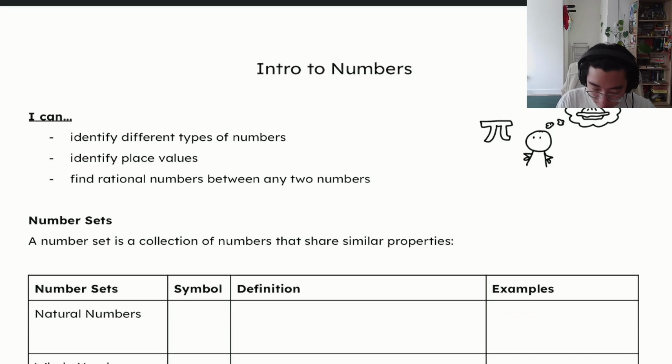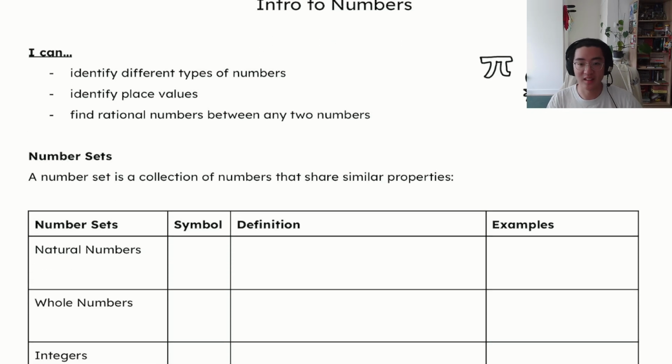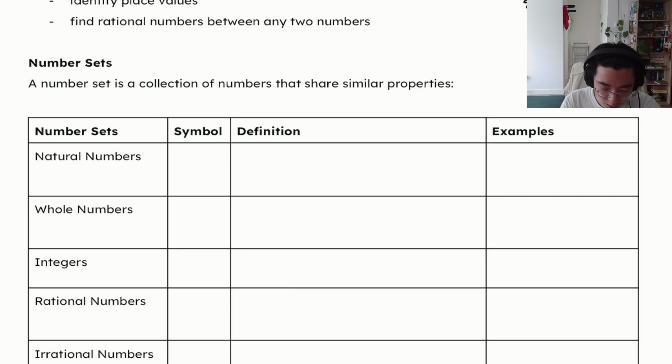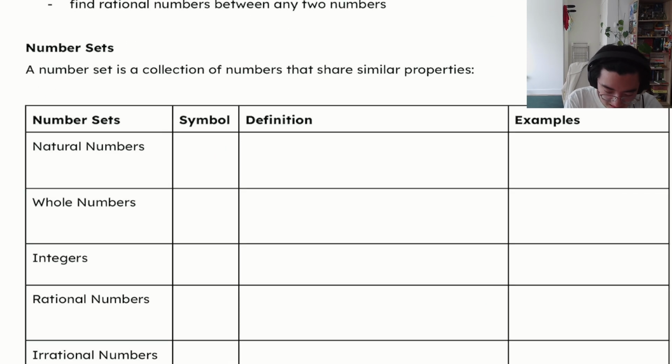Before we review some of the things that we learned earlier, like decimals and all that, let's talk about some categories of numbers first. We call those number sets. Those are a bunch of numbers that have similar properties. So for example,